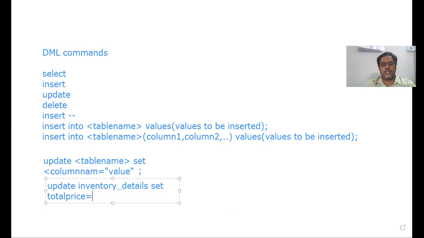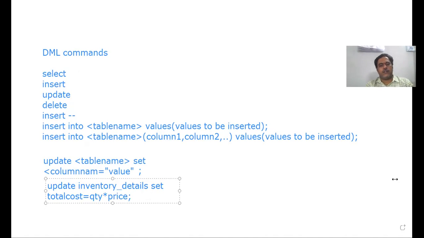Total price equal to quantity into what we have here. See, quantity QTY into price. So total cost equal to QTY into price.